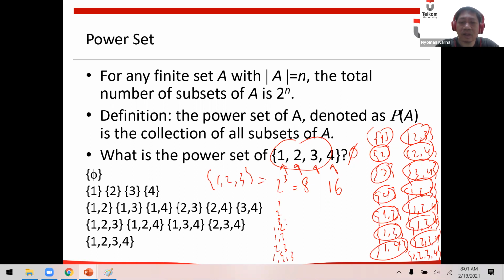This is 1, 2, 3, 4, 5, 6, 7, and then the last one is the null set. So if we have a set that has 3 elements, the power set is 2 to the power of 3, which is 8.